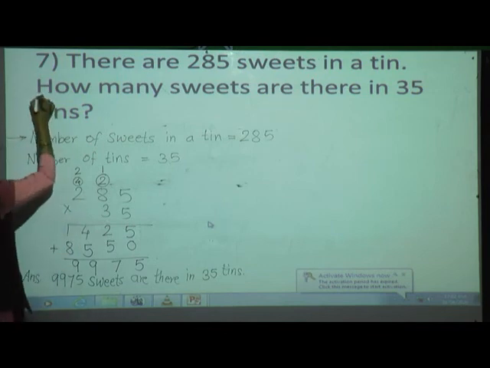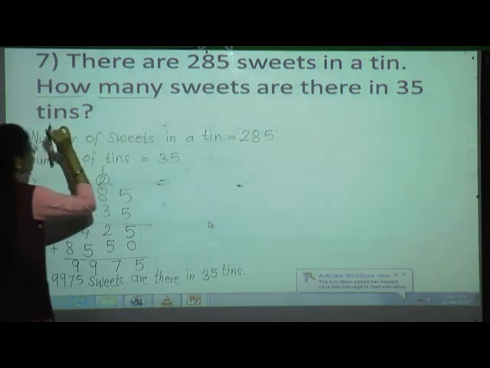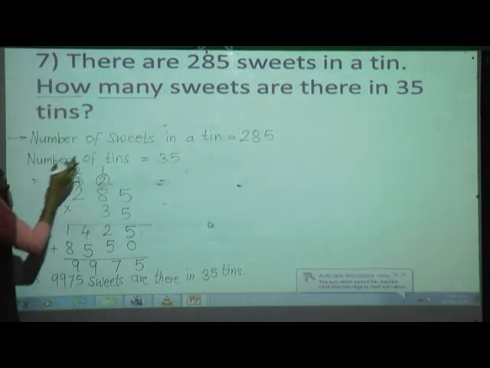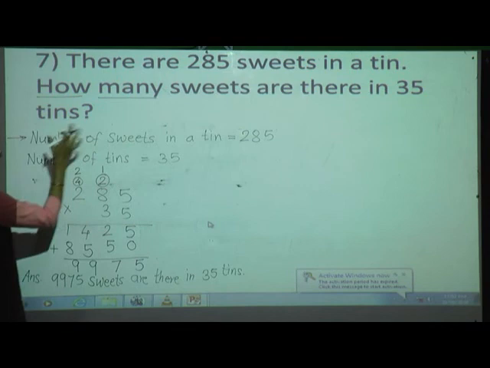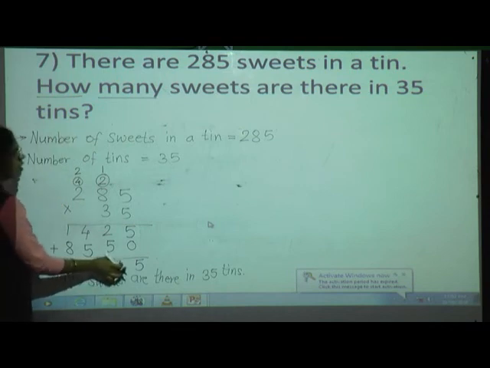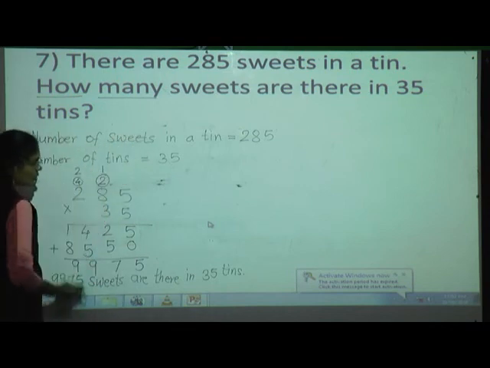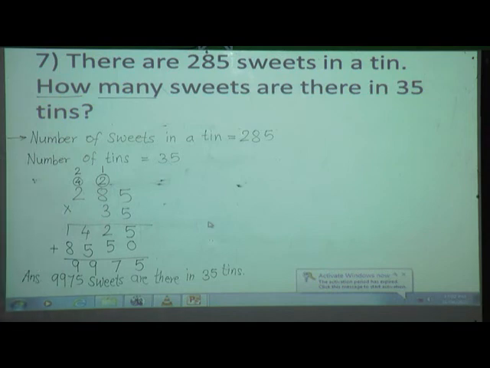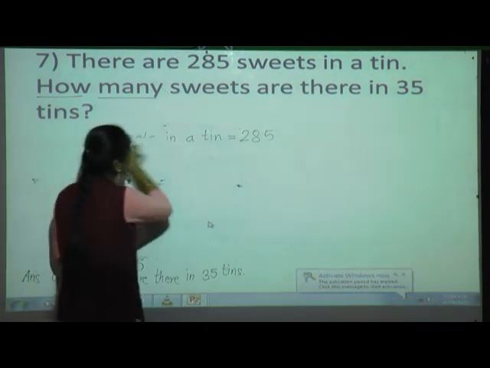Don't worry, you only have to remove these two words. "How many?" This is the question part. You only have to remove this part and instead of that part you have to put the answer, and the remaining sentence you have to write as it is. Okay? Then see the next example. Read example number 8.